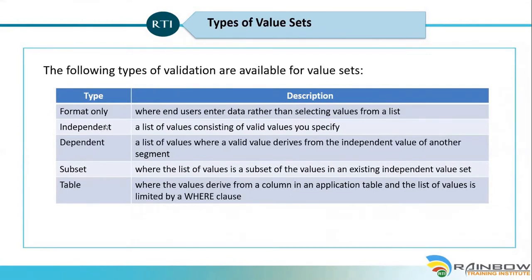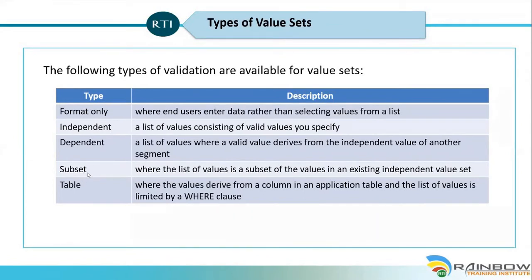but all other value sets give the user a list of values. And you can create an independent value set, which is nothing but a list of values. You will create a value set and add in a few values as a list. And based on an independent value set, you can create a dependent value set. A classic example that everyone is aware of is a country and a city. So the way a dependent value set works is that the values you have in a dependent set get filtered based on what you select in the independent value set.